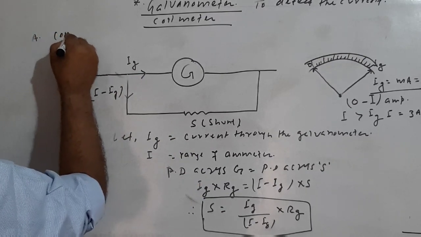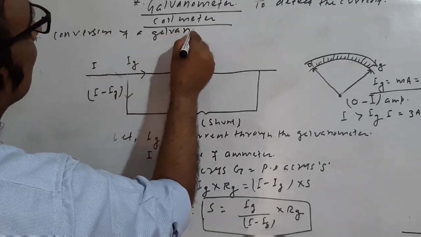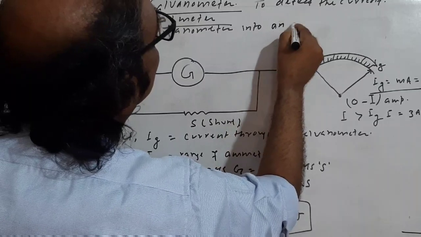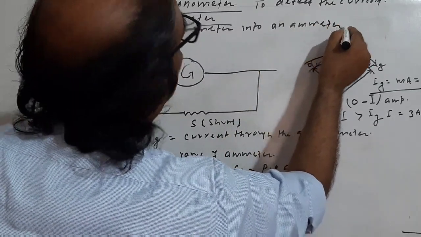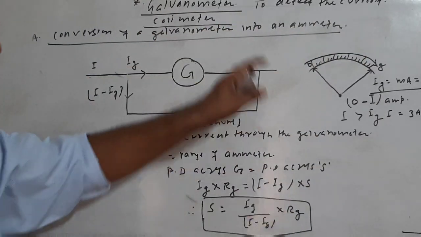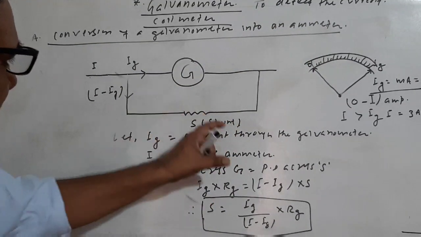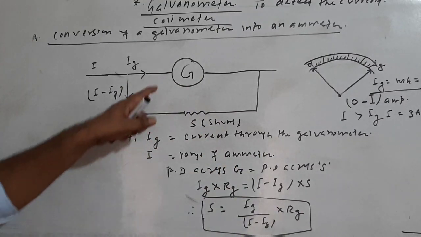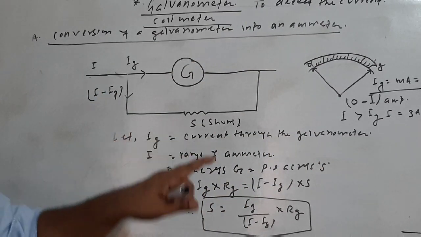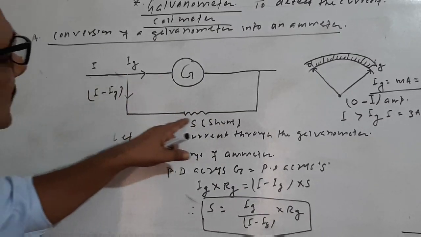Number A, conversion of a galvanometer into an ammeter. In brief, a galvanometer is an electrical device which is used to detect the current. An ammeter is an electrical device which is used to measure the current. A galvanometer is converted into an ammeter of suitable range by a low resistance which is connected in parallel with the galvanometer to pass the additional current